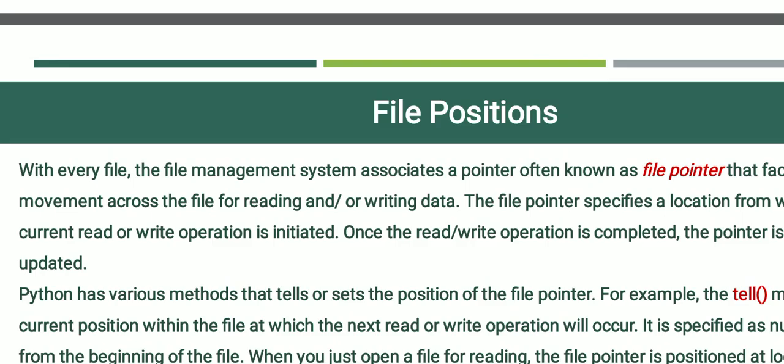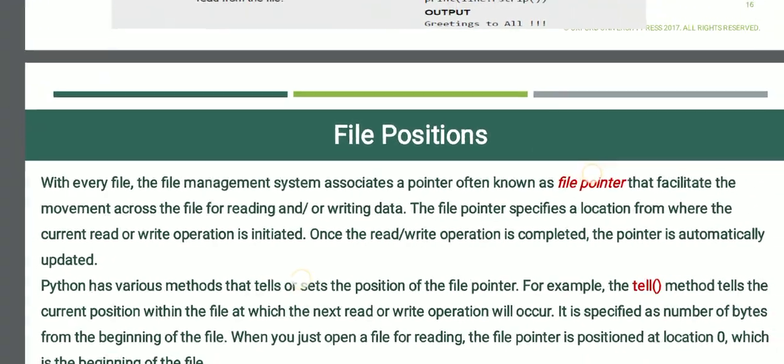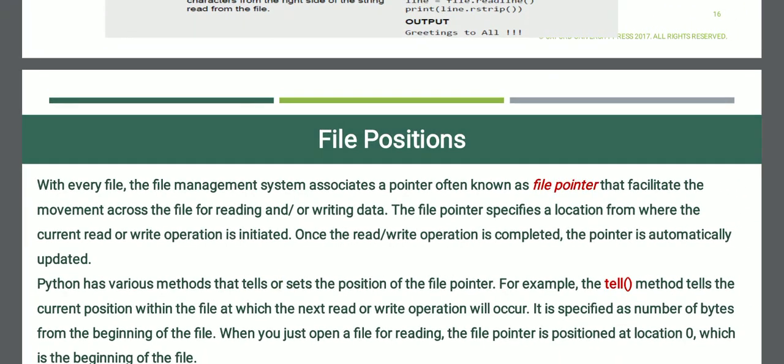Yes, the next one, very important: file positions. How to identify or access the position of a file? Every file is associated with a pointer, also known as the file pointer, that gives us movement across the file for reading or writing the data.